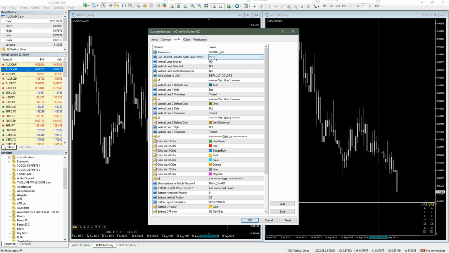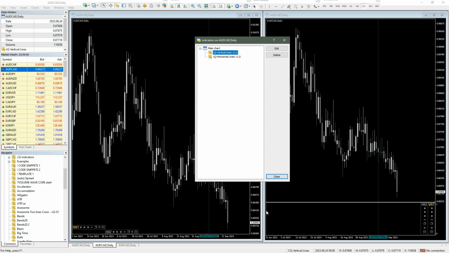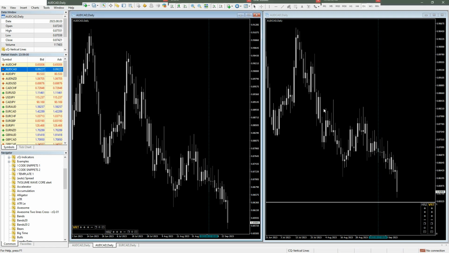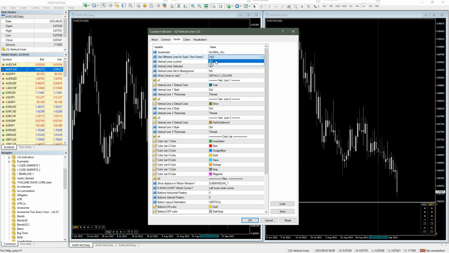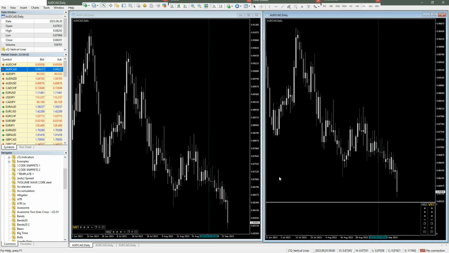If you have this set, it will draw different lines on different time frames. But if you leave this to off, to no, and you put this to global all, and you do the same thing over here, put that to global all, and this is off,